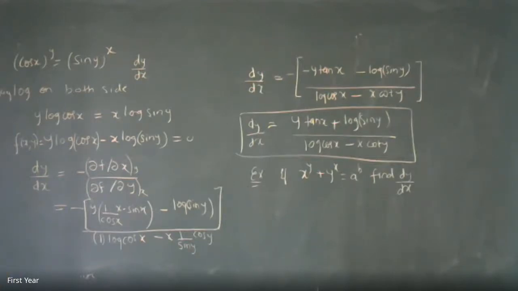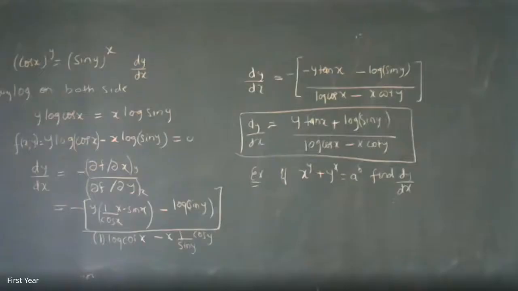Try to solve it. How are you going to start solving it? How will you tackle the example? I'm taking a raised to b to the left side, and using the formula directly. Absolutely right. That's the method of going through the example. Take that a raised to b on the left hand side because you want the function to be equal to 0, and then directly differentiate because you know the formula for the derivative of x raised to y and y raised to x.